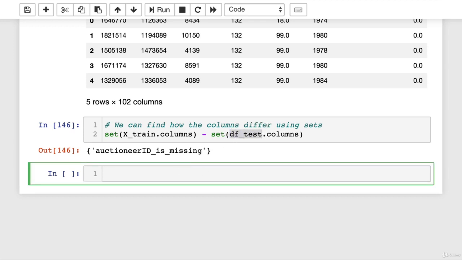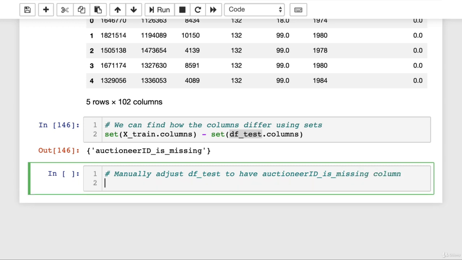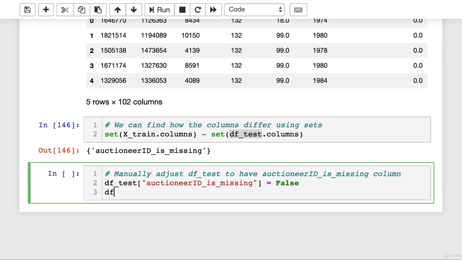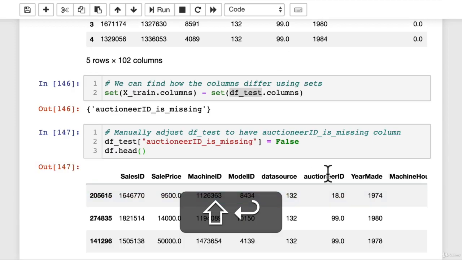So what we have to do is manually adjust df_test to have auctioneer ID is missing column. And this is just as simple as adding df_test. We'll just copy this here. So we'll create a new column and we're going to set it to just False because it had no missing value. So df.head, and now,